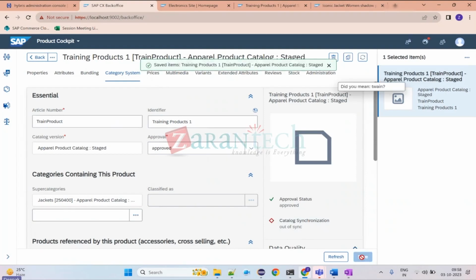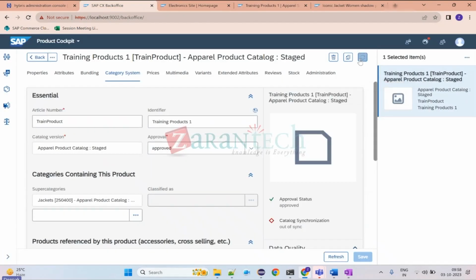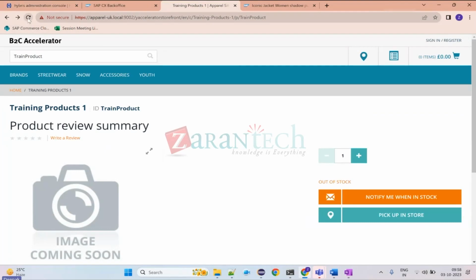I'm just saying now the jacket already has a super category. Okay, and I saved it. Now after that I need to sync it. Just closing this one. Okay, this sync is completed. Now go to this product, refresh it, and now you can see this product is now